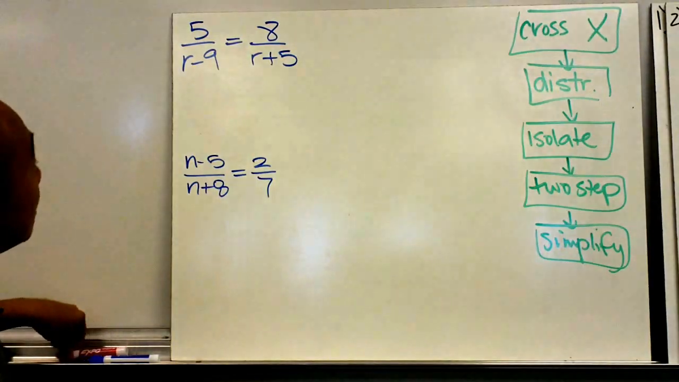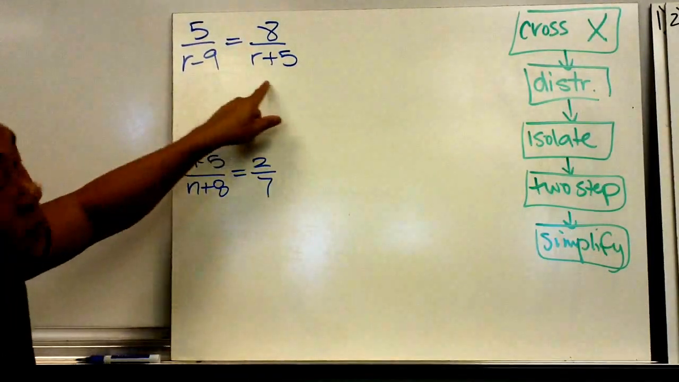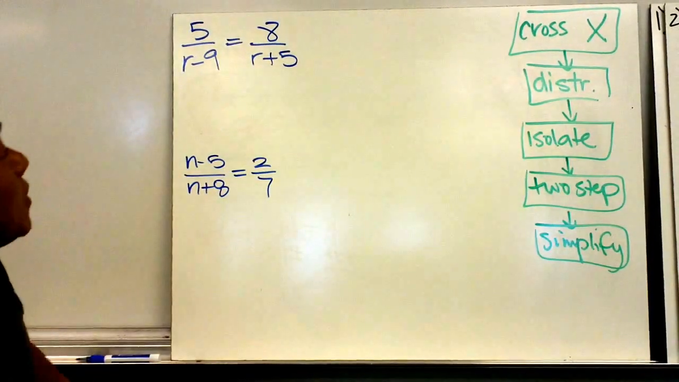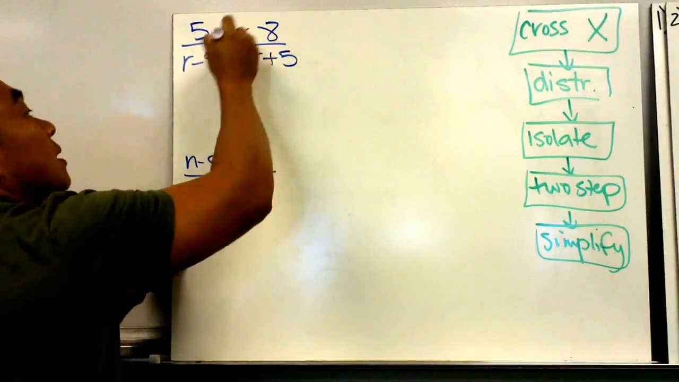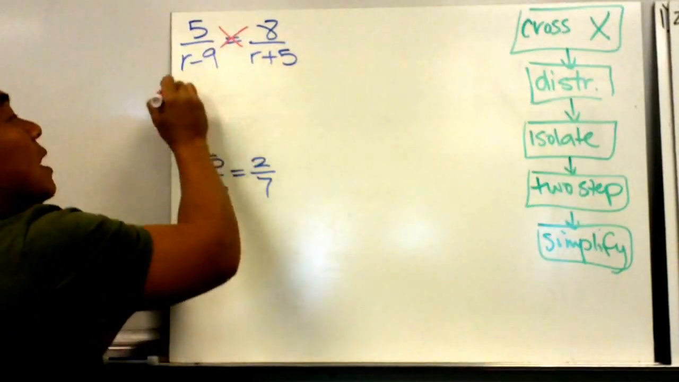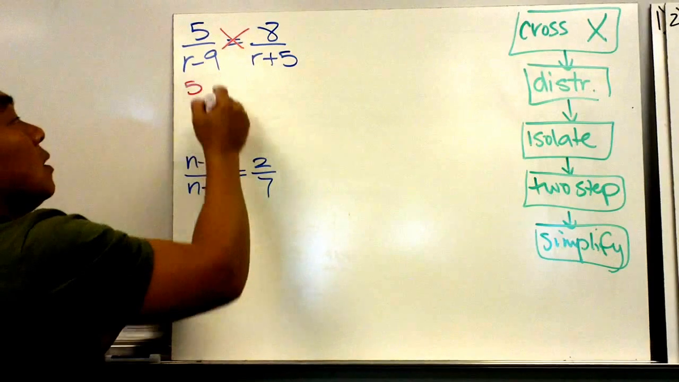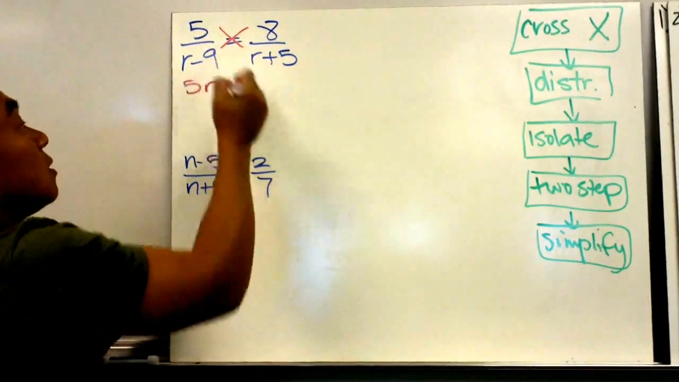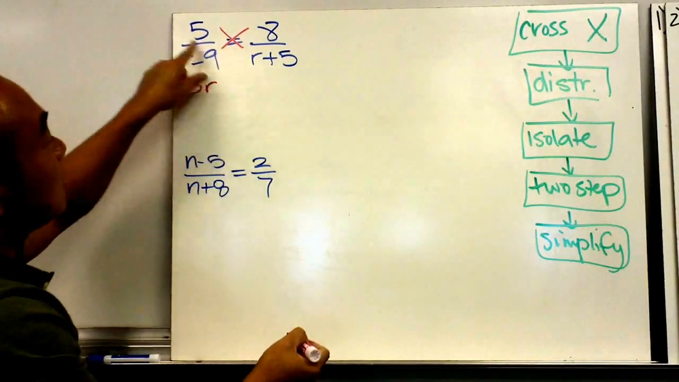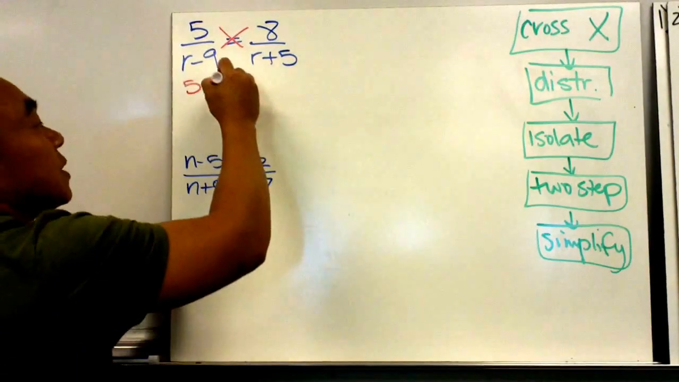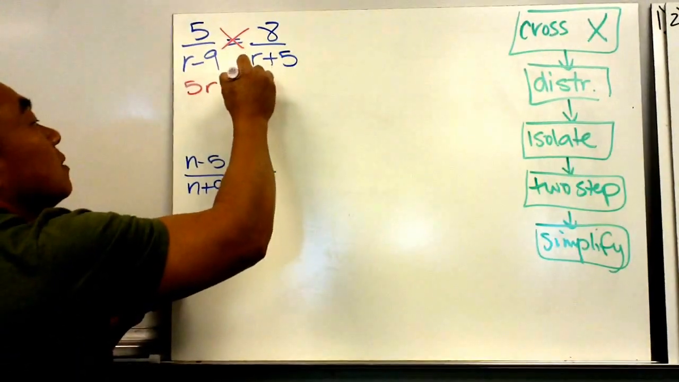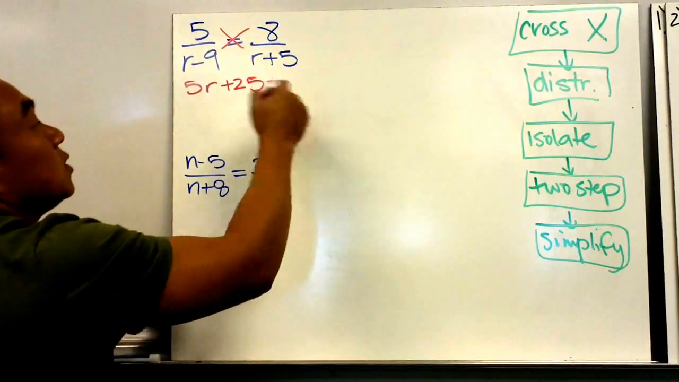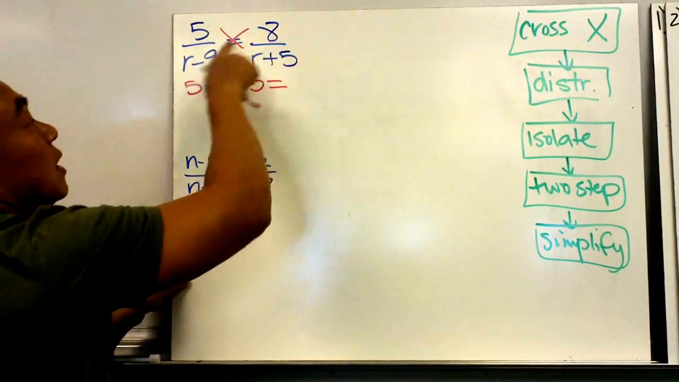Alright, what happens if you have two of them? Well, do the same exact thing. Let's go ahead and cross multiply. We now have 5, and I'm just going to go ahead and skip that step and go 5r, because I took 5 times r, 5 times 5, which is going to give me plus 25, is equal to, then I'm going to go and take this side, 8 times r,